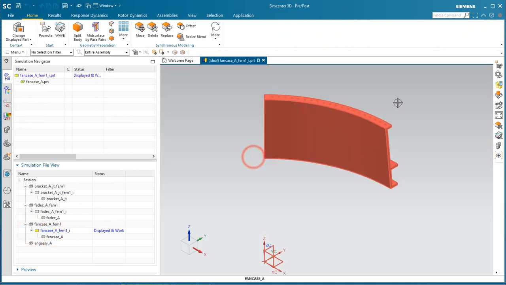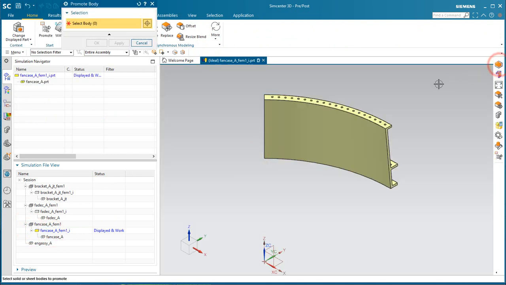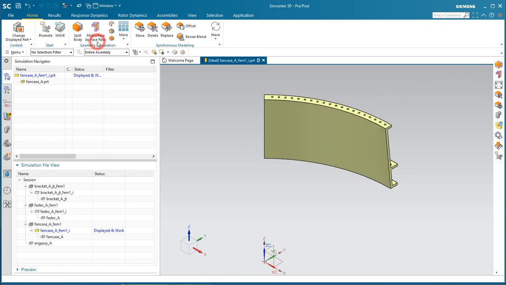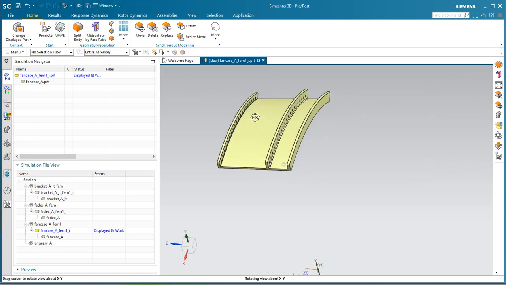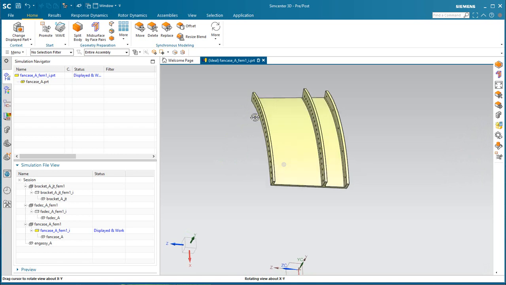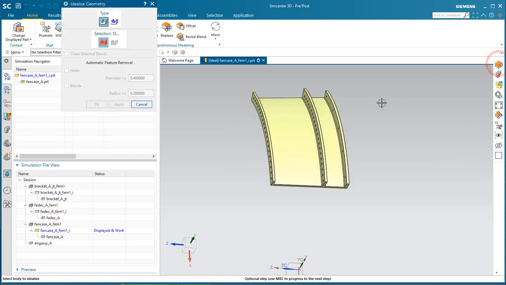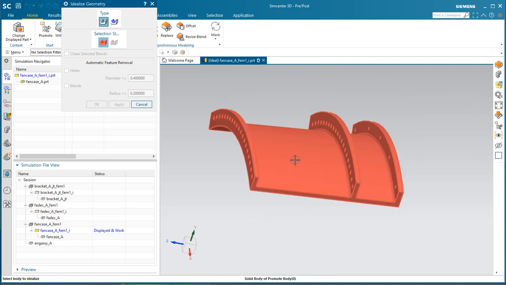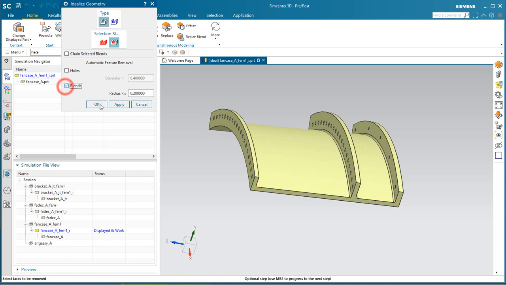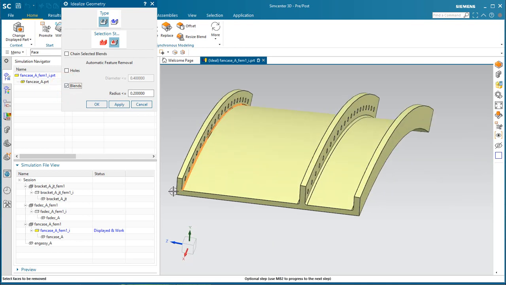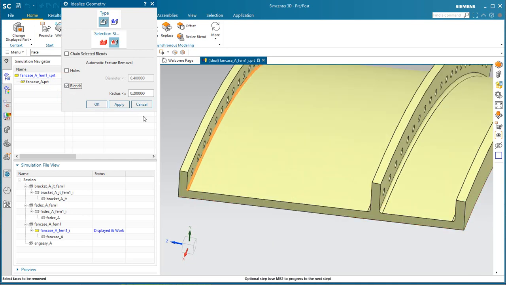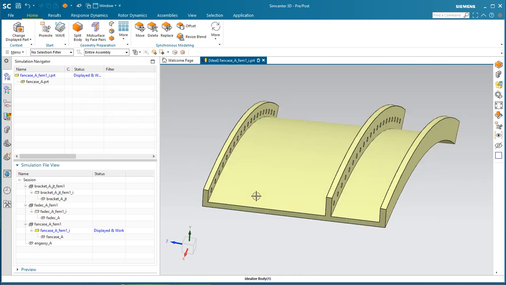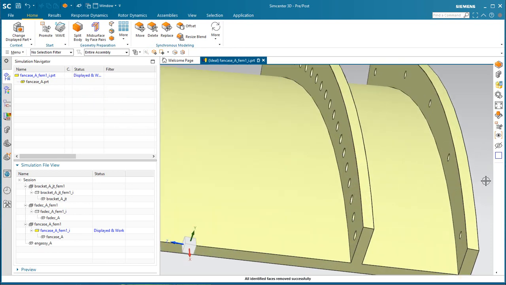We'll begin in our idealized part, creating an associative copy of the case. And then we'll idealize the blends. Here we're using the predictive toolbar for our commands. So here in the same fashion for blends, we can have it find the blends based on the size. So we'll go ahead and remove blends less than or equal to 1/4 of an inch